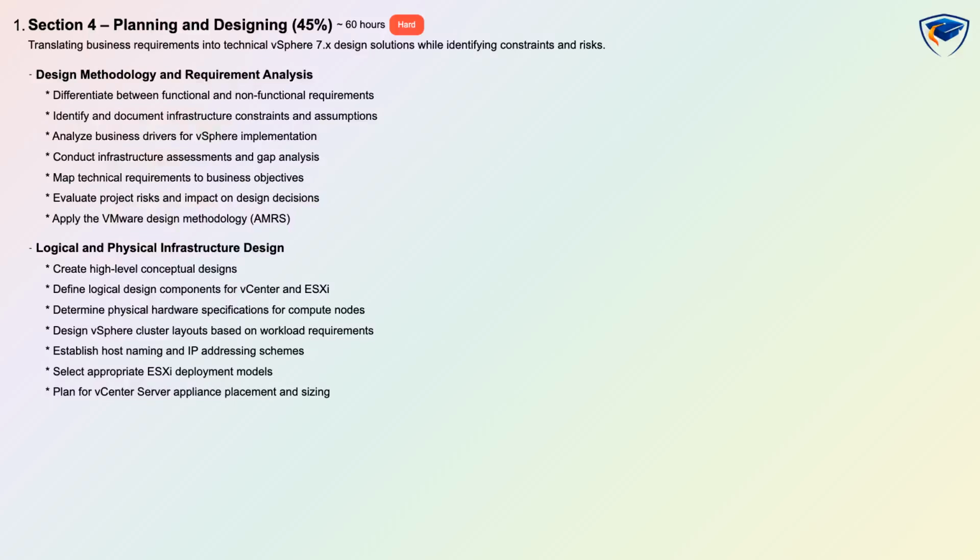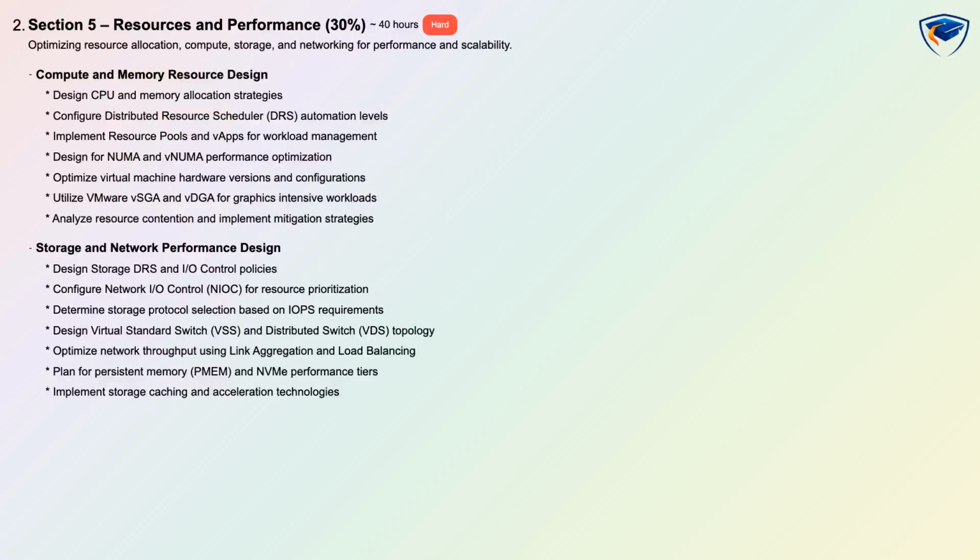sizing. Section 5 Resources and Performance makes up 30% of the exam and is also rated hard with about 40 hours of study and scenario-based assessments. In compute and memory design you will learn CPU and memory allocation strategies, DRS automation tuning, resource pools and vApp organization, NUMA and NUMA optimization, right-sizing virtual hardware versions, and use of vSGA or vDGA for graphics workloads while identifying